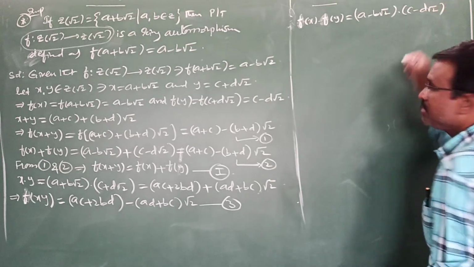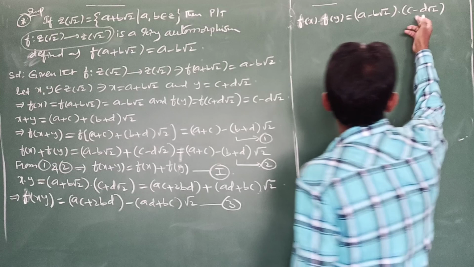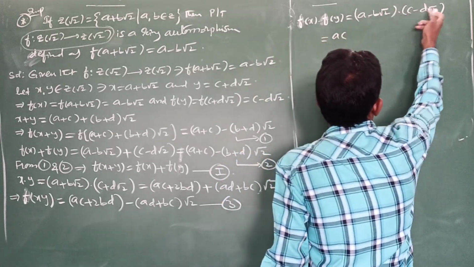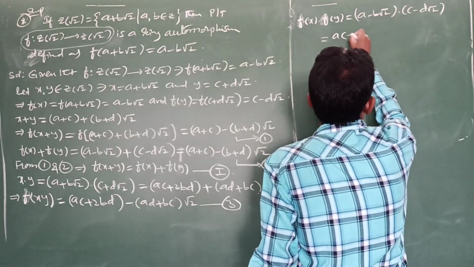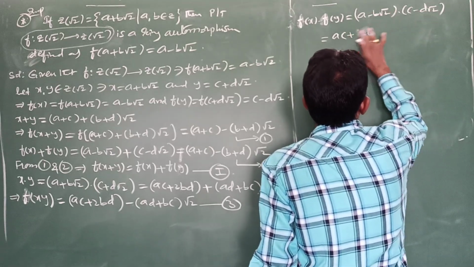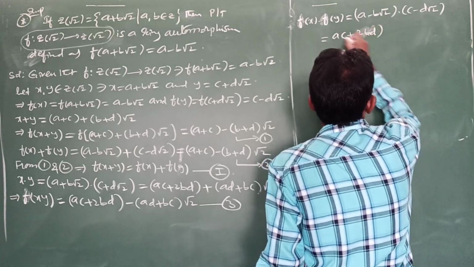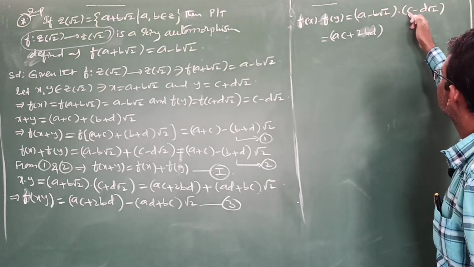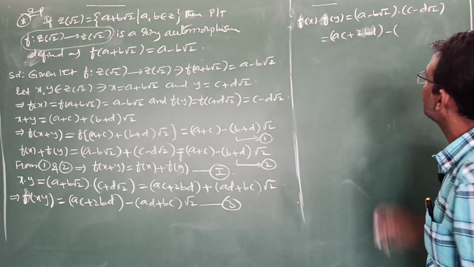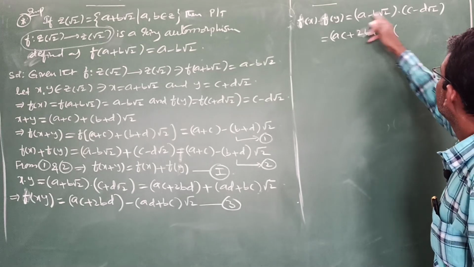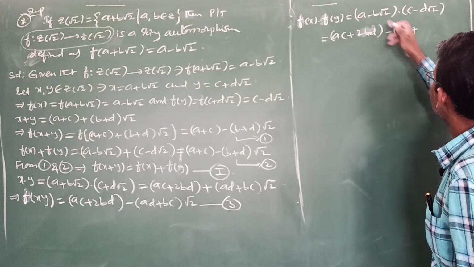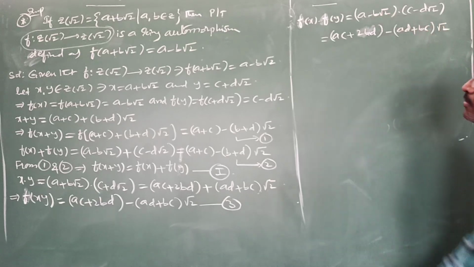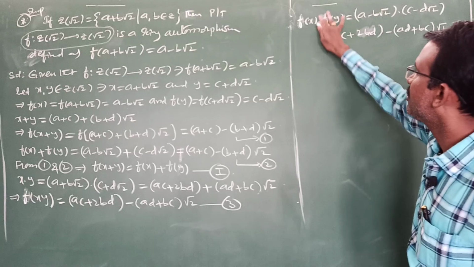Yes, now do this simplification. This into this let us do. Directly I am doing: this into this is AC. Next, root 2 into root 2 is 2, minus into minus is plus, BD into 2, directly I am writing 2BD. That is free from the root 2 term. Next, the root 2 coefficient: this into this and this into this gives the root 2 coefficient. In that take minus common. First I am going to write this: AD plus BC into root 2, because already we have taken minus outside, right? This is the f of x into f of y result.